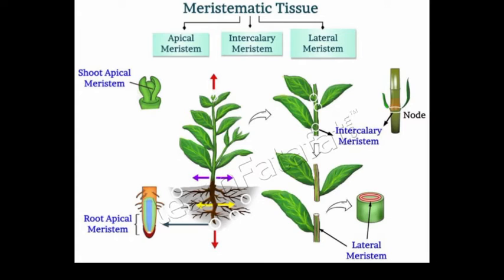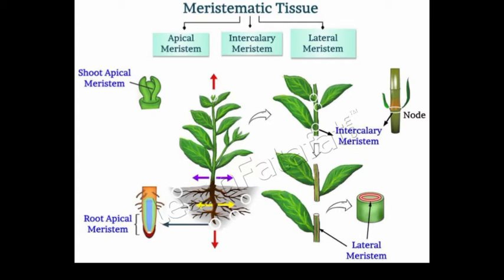Permanent tissues are dead and living, and the division and differentiation of the cells of meristematic tissue give rise to permanent tissue. In cell differentiation, cells change from simple to more complex, and become specialized for a specific function. Okay, so the cells of permanent tissue lose the capacity to divide and attain a permanent shape and function. Permanent tissue is classified into two types on the basis of structure and composition. First one is simple permanent tissue, and second one is complex permanent tissue.